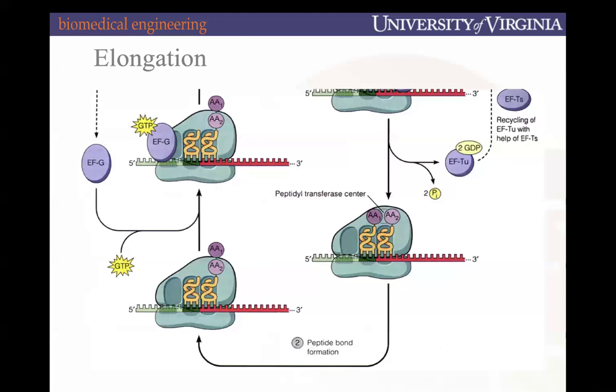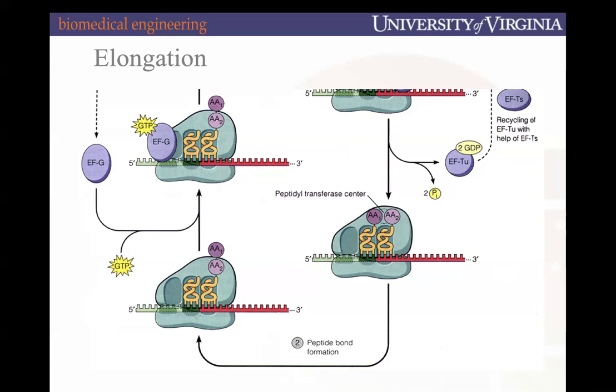Those two GTPs are hydrolyzed. So now EF-Tu will leave, and this transfer RNA is successfully delivered because it's complementary and anti-parallel to this codon. The energetics of the ester bond is going to facilitate the formation of a peptide bond between these two. And so now, once that happens, the amino acid chain in the P site will be passed over to this